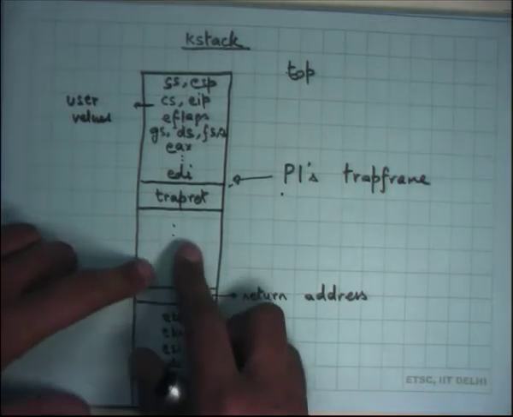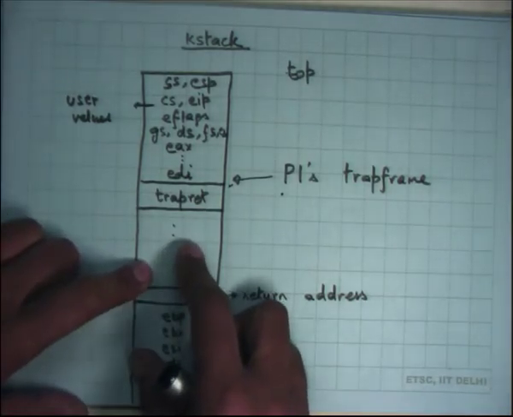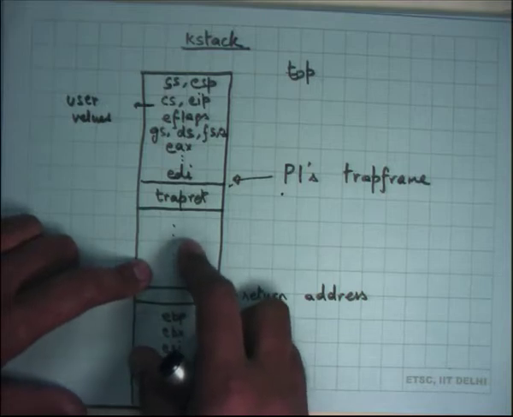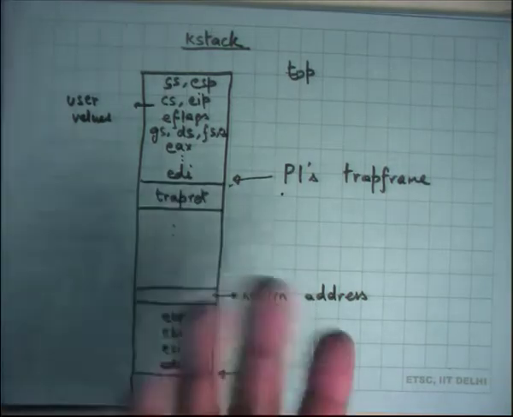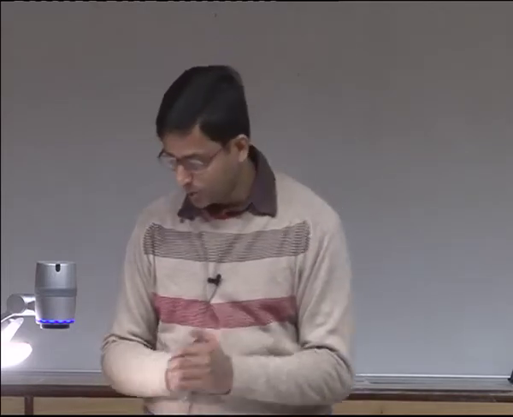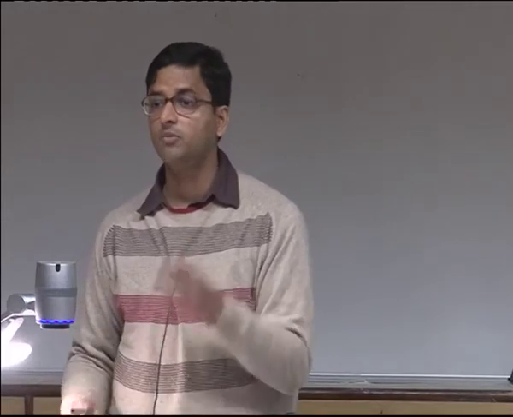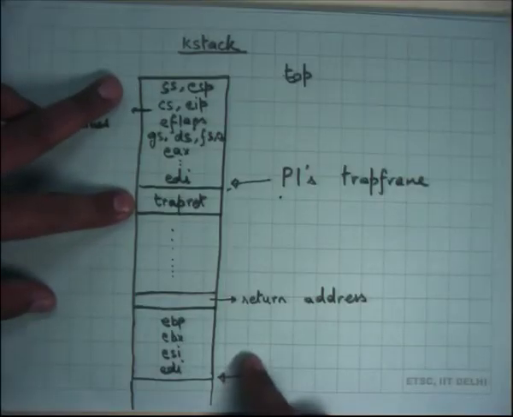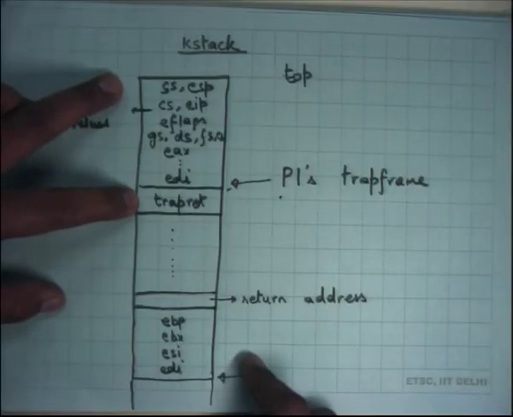All right. We also discussed that the stack of a thread, or the K stack of a process, is finite, right? The question is how big should it be? Clearly it cannot be infinite, right? So if you were a kernel programmer, how will you decide how big a K stack should be? Well, firstly it should be at least as big as the trap frame, okay?